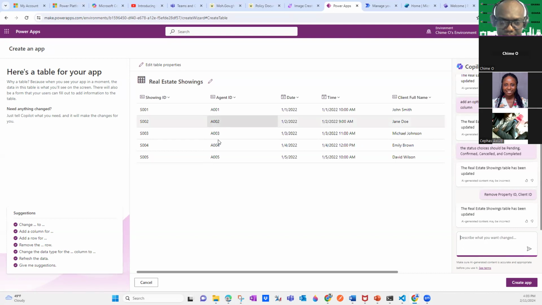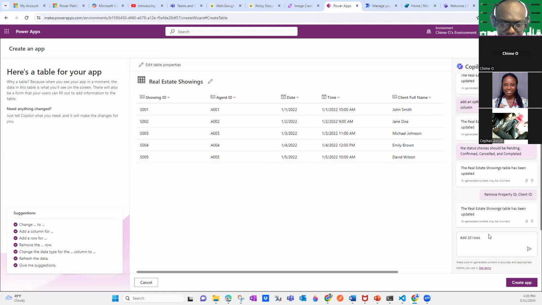You might say, for example, as a demo, can you add 10 rows? Can you add more data to your table? Of course, yes, it can do. It's conversational. Add 10 rows of data.